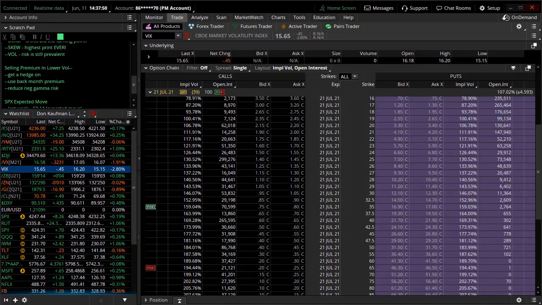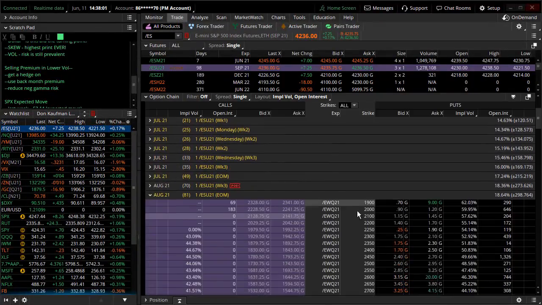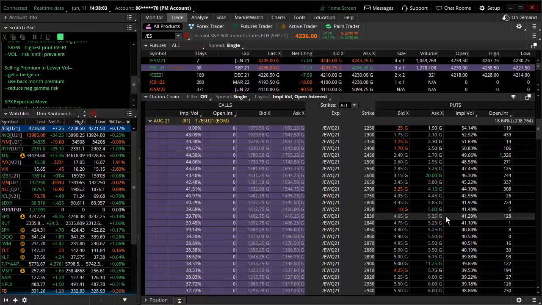You're able to actually sell huge premium further out in time inside of S&P options on futures. Why do I select the options on futures? Margin. Margin is absolutely spectacular in here. So I can sell way out of the money premium, and people are deathly afraid of selling naked. Great. That's why I use the VIX as a hedge, right? Get your hedge on, sell some premium.